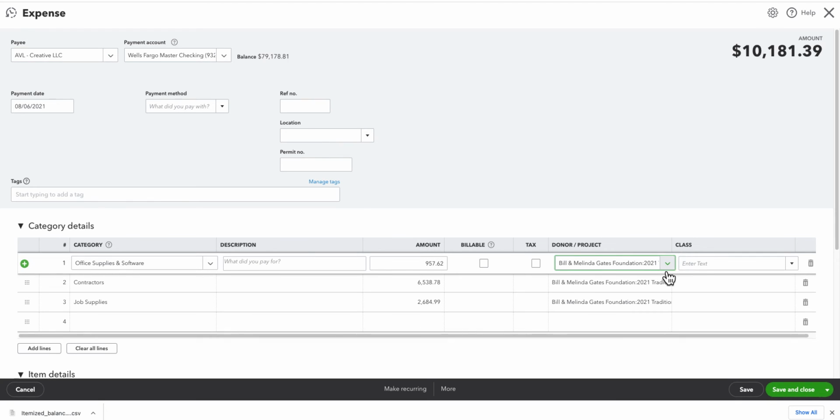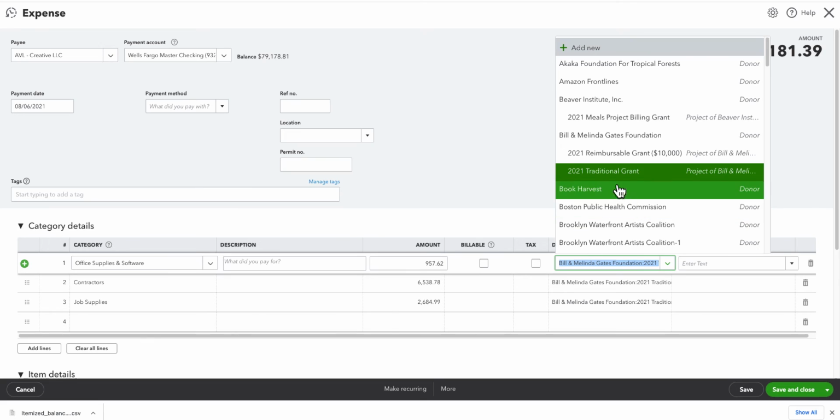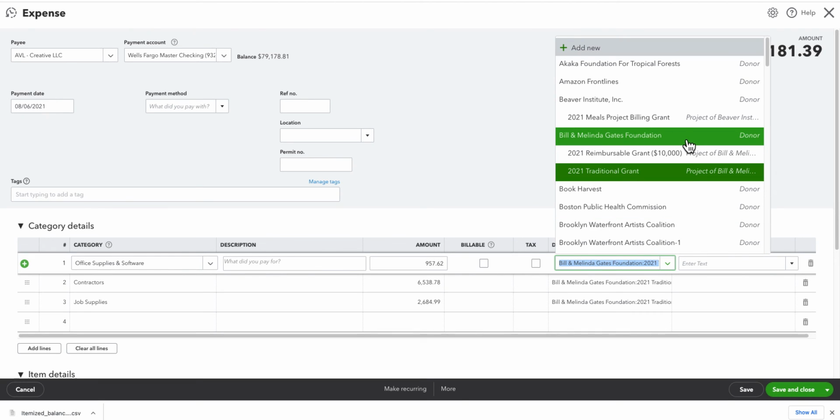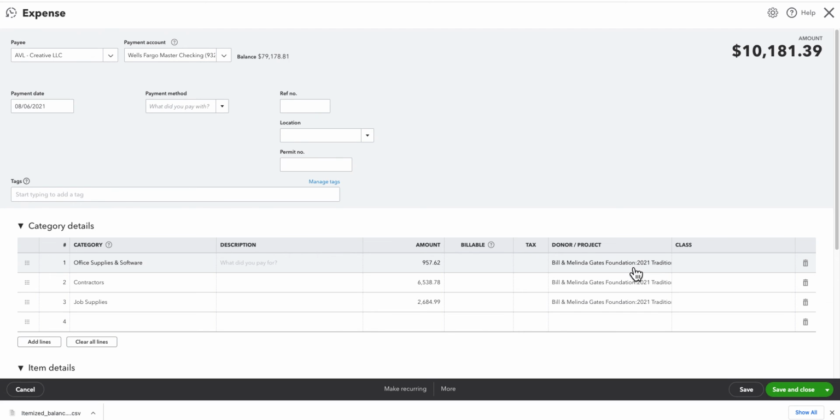And you can see, if I drill down, once again, I selected the grant, and it shows here with the donor, followed by a colon, and then it has the grant name. That's the way QuickBooks displays these. In that way, we have recorded